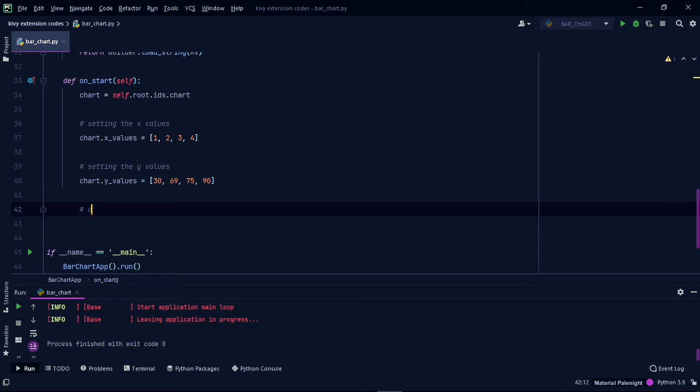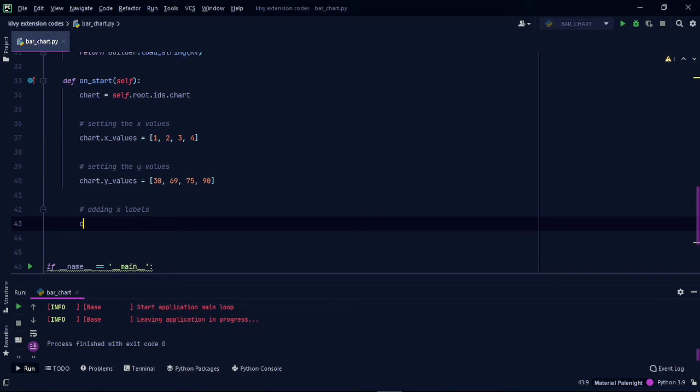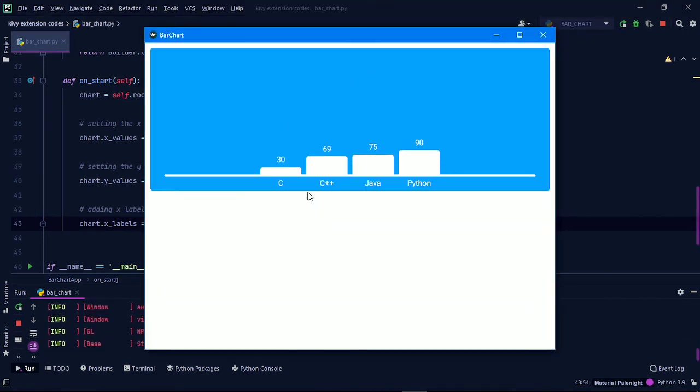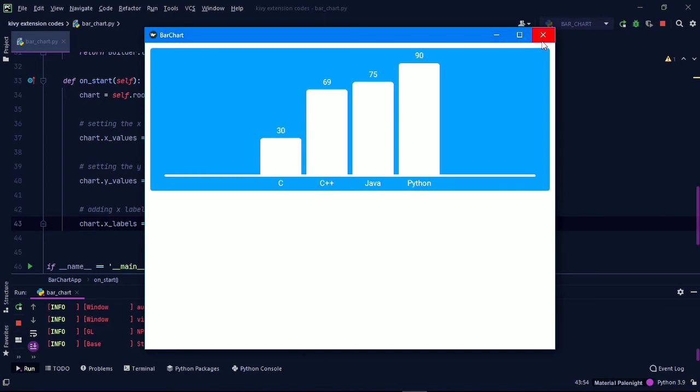Now add your X labels. Nice, the labels are added to the bar chart.